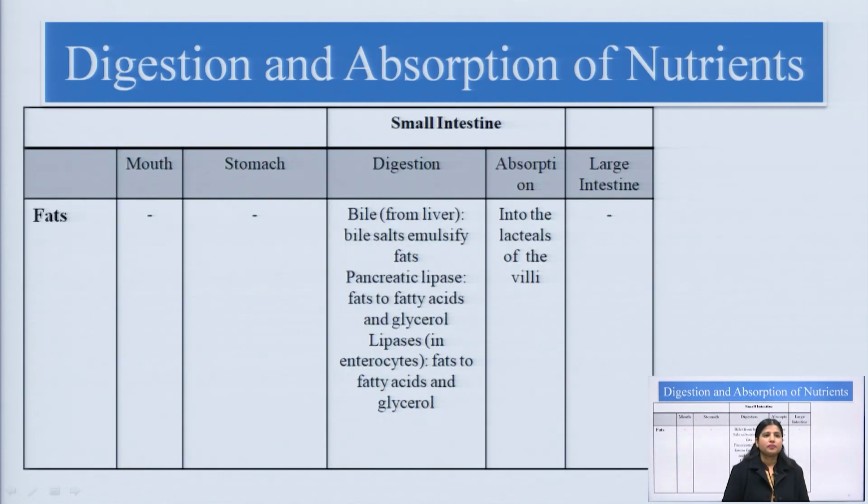Now, see the fats in all of these 4 sections, the mouth, stomach, small intestine and large intestine. So, how the fat is metabolized in those areas. In the mouth there is no enzyme present for the fat metabolism. There is no enzyme present in the stomach for the fat metabolism, but if we see the small intestine, the fat is metabolized there. How is it metabolized? See,